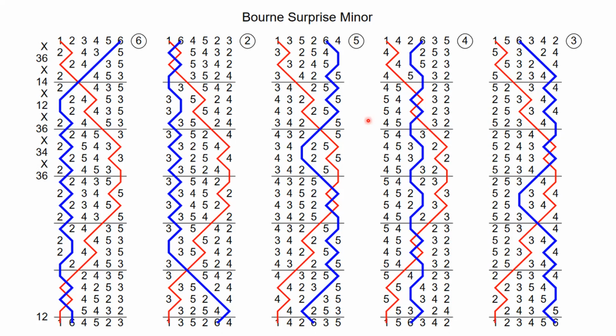Yeah, excellent question. Definitely. So if you've already learned Cambridge, fourth space bell, we know the Cambridge places from the fourth space bell are thirds, fourths, dodge with the treble. So you have thirds, fourths, dodge with the treble. We would then in Cambridge do our thirds, fourths, and then dodge again. Whereas in Bristol, we do thirds, fourths, and then